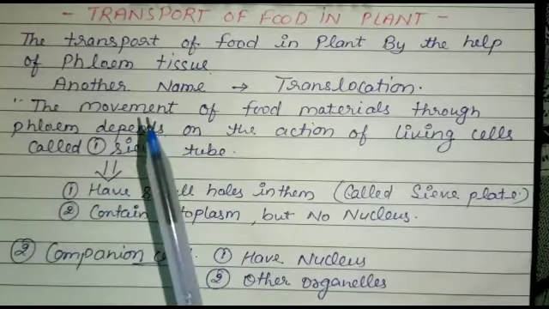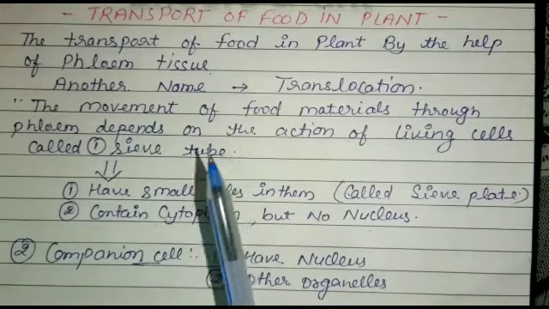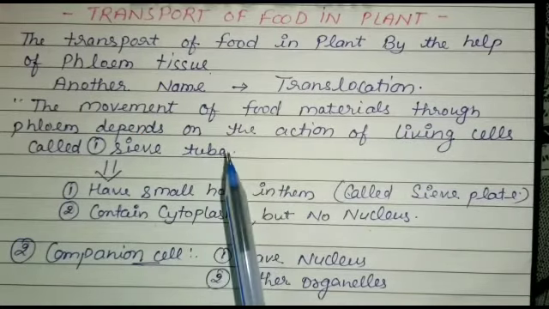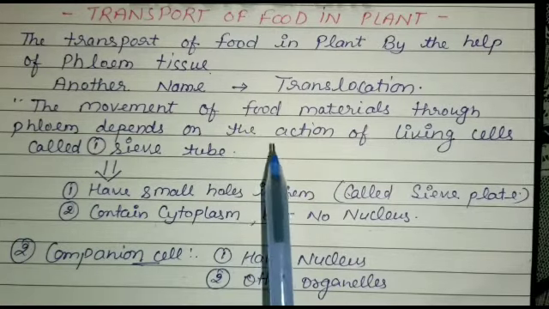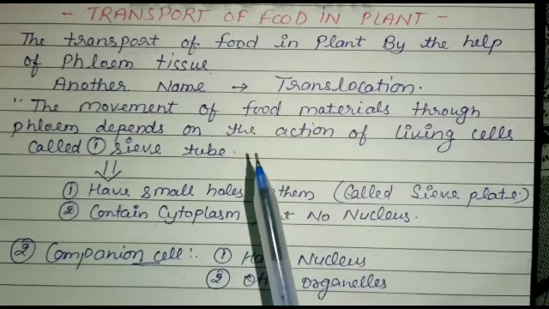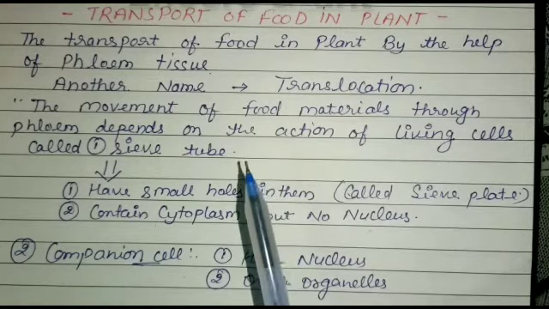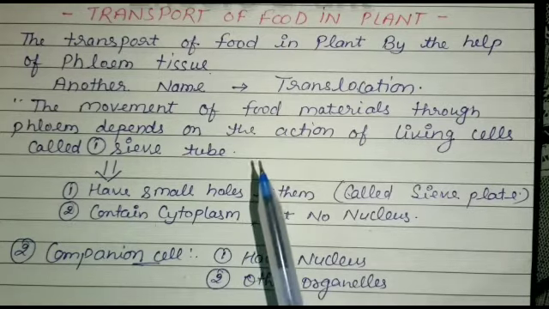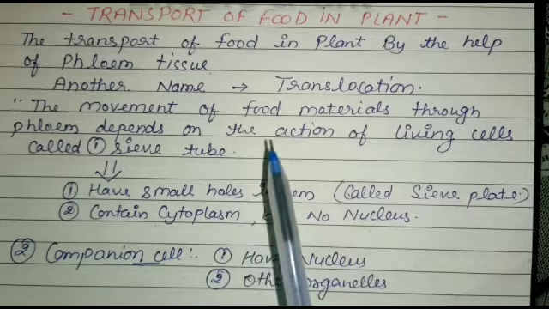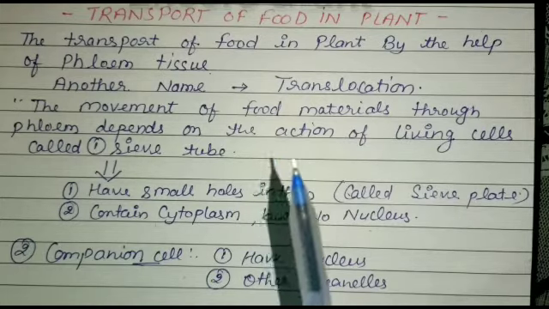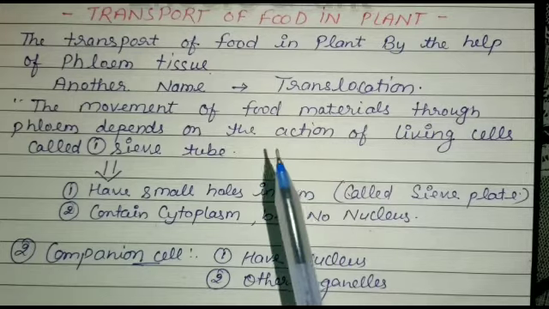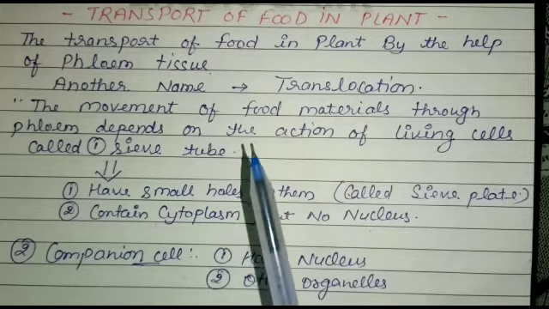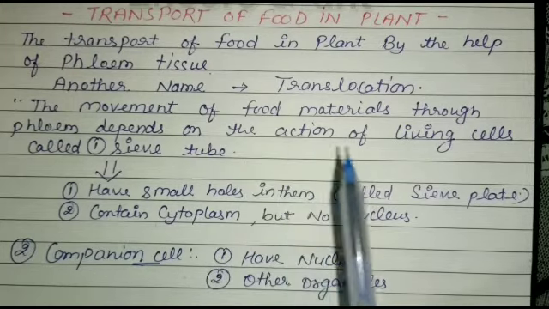We know that leaves make food by the process of photosynthesis. The food made by leaves is in the form of simple sugar. Another type of substance, called plant hormones, is made in the tips of roots and shoots. Every part of the plant needs food, so food made in the leaves of a plant has to be transported to all the parts of the plant like branches, stem, root, etc.